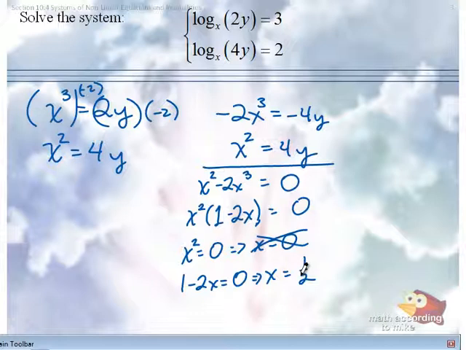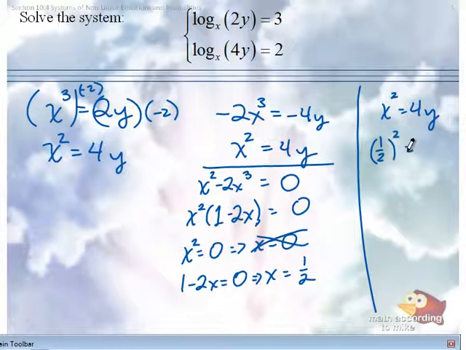Hooray! So now we have to find y. Well, you can go back to either of your other equations. Let's pick that second one there. And 0 is not positive or negative. It can't be a base. Since 0 is not positive, period, it can't be a base. So if x squared equals 4y, that means 1/2 squared equals 4y. So 1/4 equals 4y. So what does y equal? 1/16. So as an ordered pair, you would say